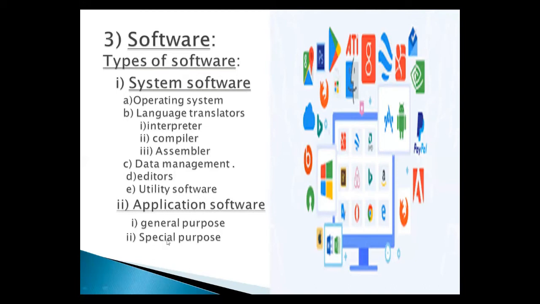There are two types of application software. Number one is general purpose. Number two is special purpose. Number one is general purpose. These are called packaged software or commercial software. A single software can be applied to a wide variety of tasks. By using such software, a user can fulfill his or her general needs. General purpose software includes MS Office, CorelDRAW, PageMaker, Adobe Photoshop, etc. Next heading is special purpose software.